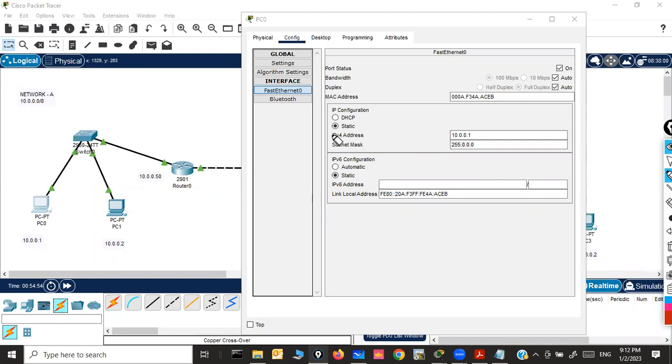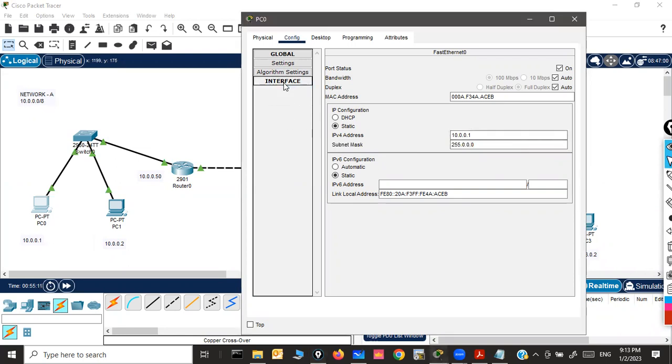If you look at the IP configuration on this machine, the IP address is 10.0.0.1, with the default subnet mask. I have not assigned a gateway here, and I don't see the option here in this virtualized environment. It's a virtual environment. So where do we get this option? Let's see, fast Ethernet, because here I can see the IP address.